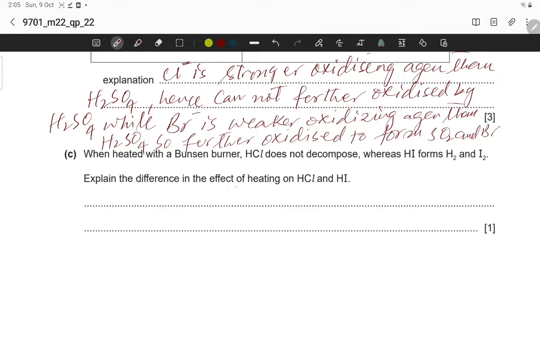So HI is a more unstable compound than HCl; we can say that HI is less thermally stable